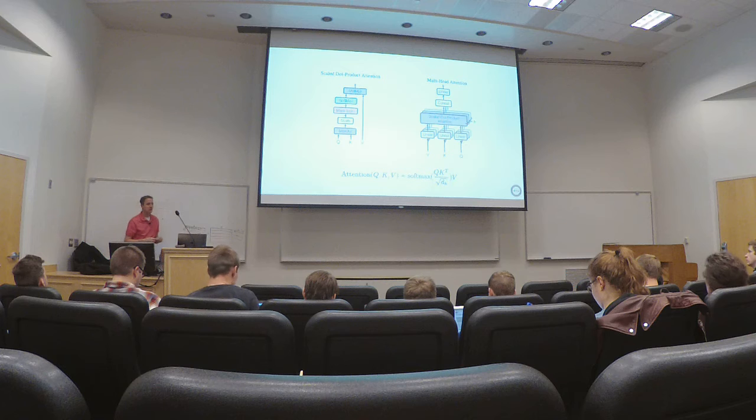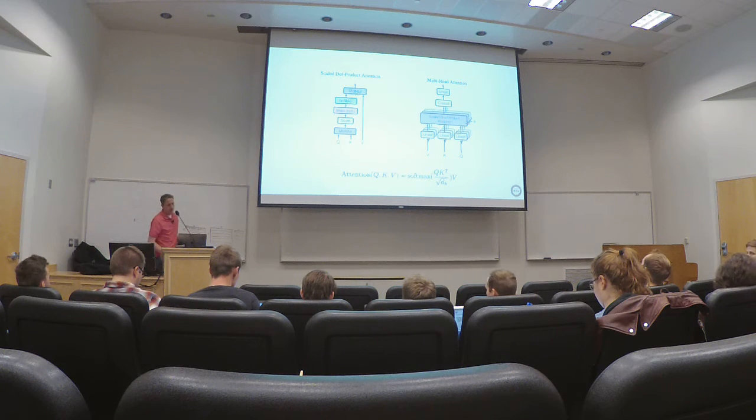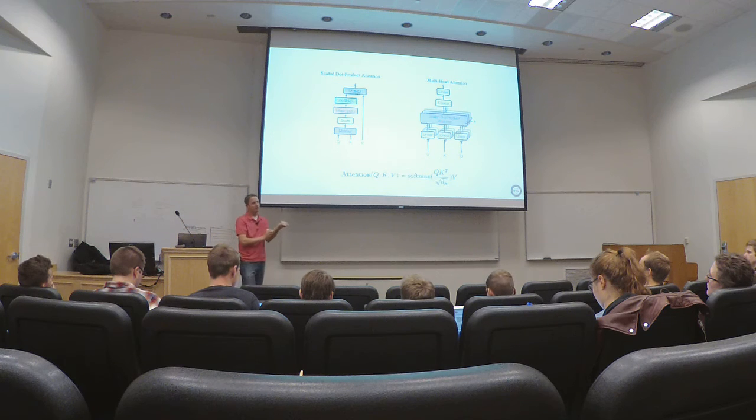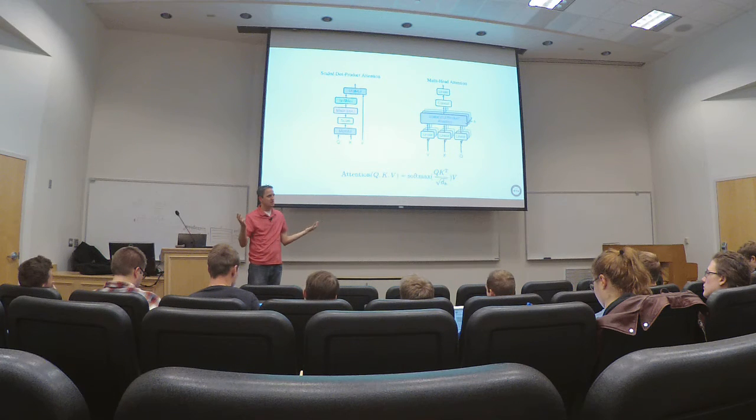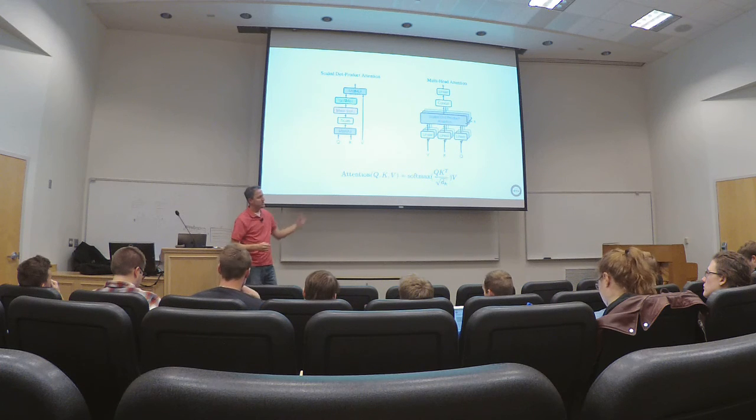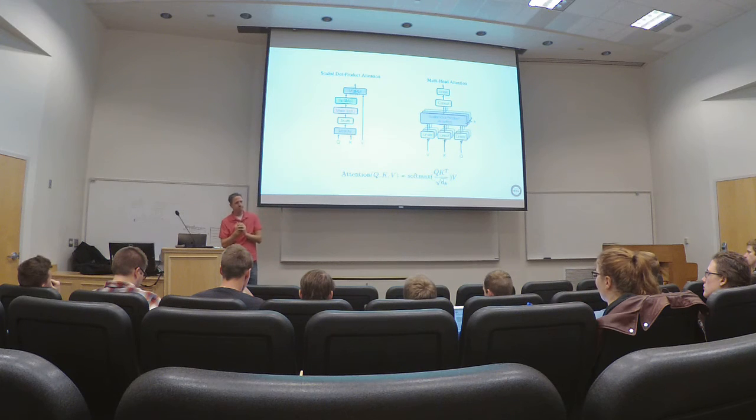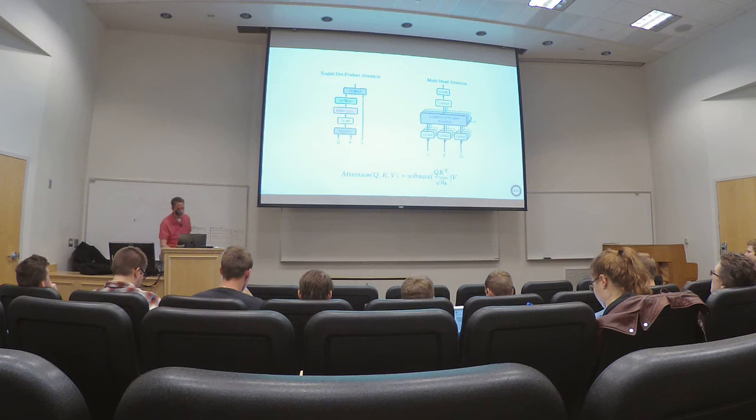Yes? Just for quick clarification, what is the d_k? Is that the dimension of K? Yes. And the reason for that is explained in the paper, but they talk about how if you take a bunch of random things from a Gaussian and you dot product them together, the mean will be 0, but the variance increases as the dimension of the vectors increases. And so that's a scaling factor to just keep everything at about unit variance. Okay, so that's it. So this little equation is their attention mechanism.